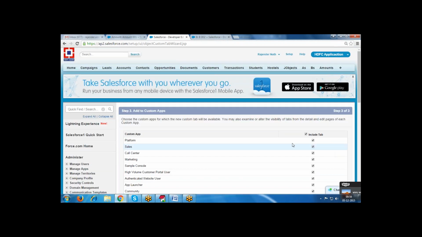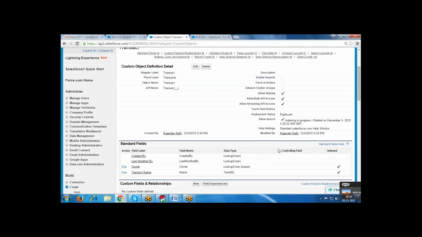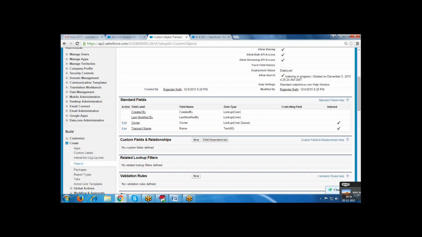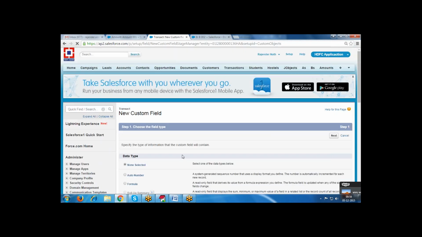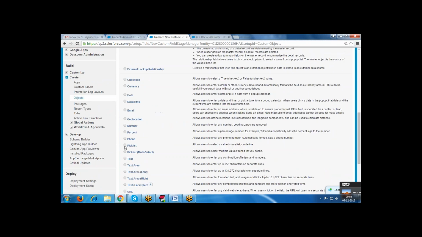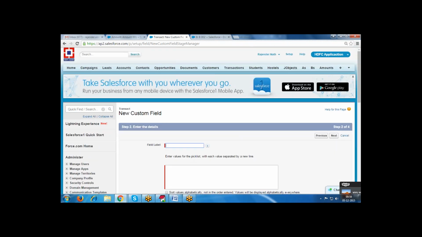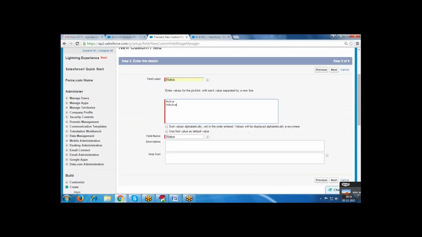Default on for applications. I am creating one field, status. It is also a pick list, with values including inactive.